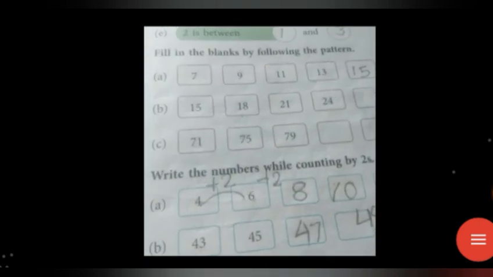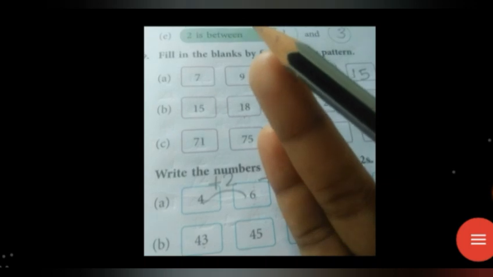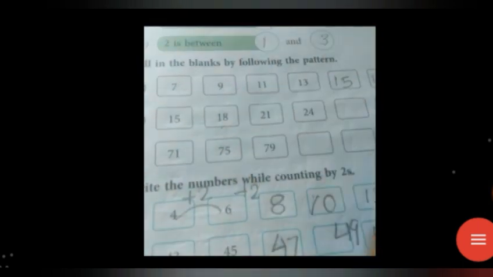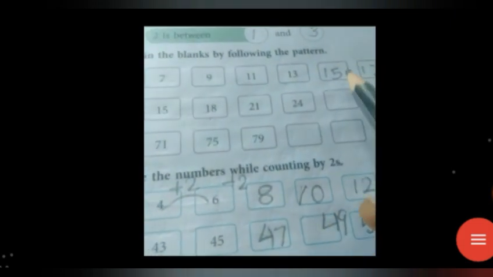15 plus 3, what? 15 plus 2 ആണോ? 15 plus 2 what? 15, 16, 17. 17 ആവുന്നുള്ളൂ. 18 ആവണമെങ്കിൽ എത്ര നമ്പർ ആഡ് ചെയ്യണം? Yes, 3. 15, 16, 17, 18. So 3 is adding. 18 plus 3: 18, 19, 20, 21. Then 22, 23, 24. Yes, 24. Then 24 plus 3: 24, 25, 26, 27. 27 is writing here.